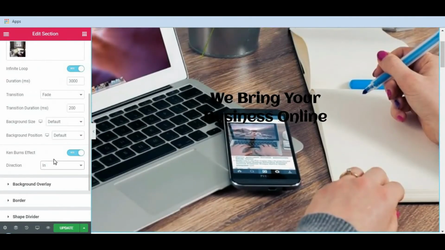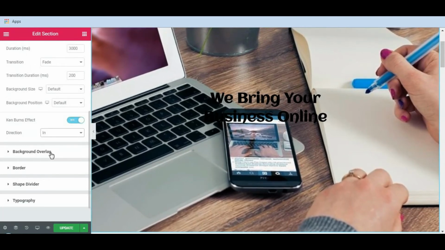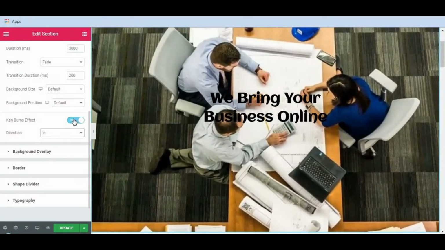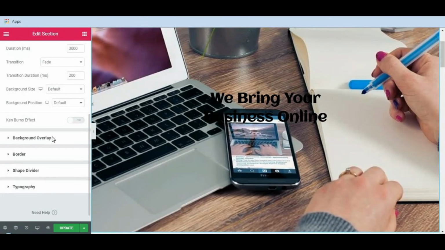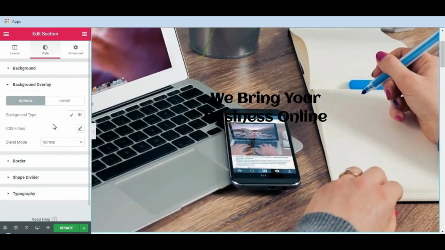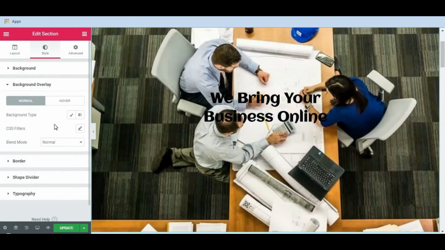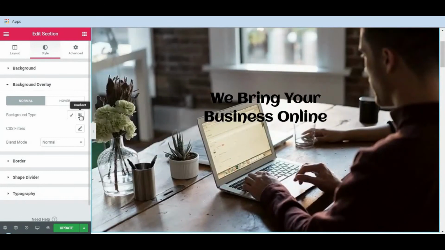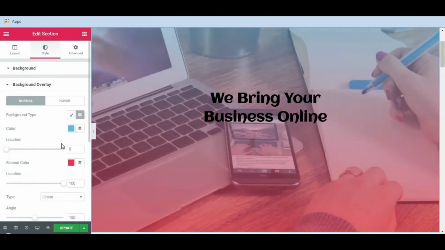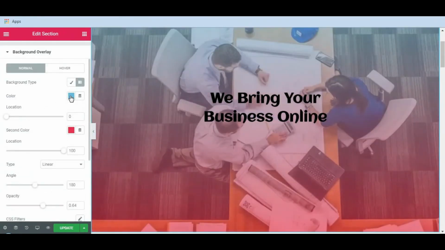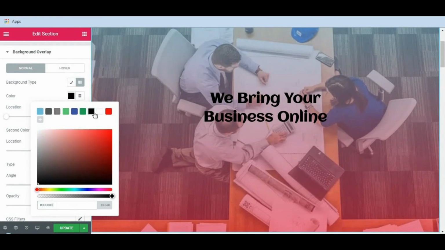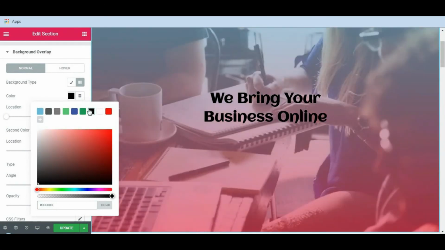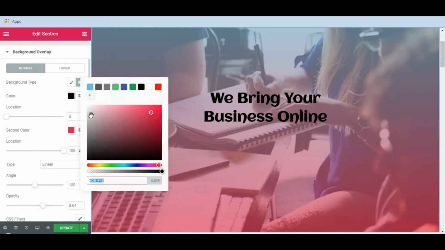Okay, now let's move to the background overlay. But I will turn it off only. So select background overlay. In background overlay, you will get multiple overlay colors that make your background image look more beautiful. Just select gradient. I will select the first color, let's make it black, and the second color, let's make it blue.